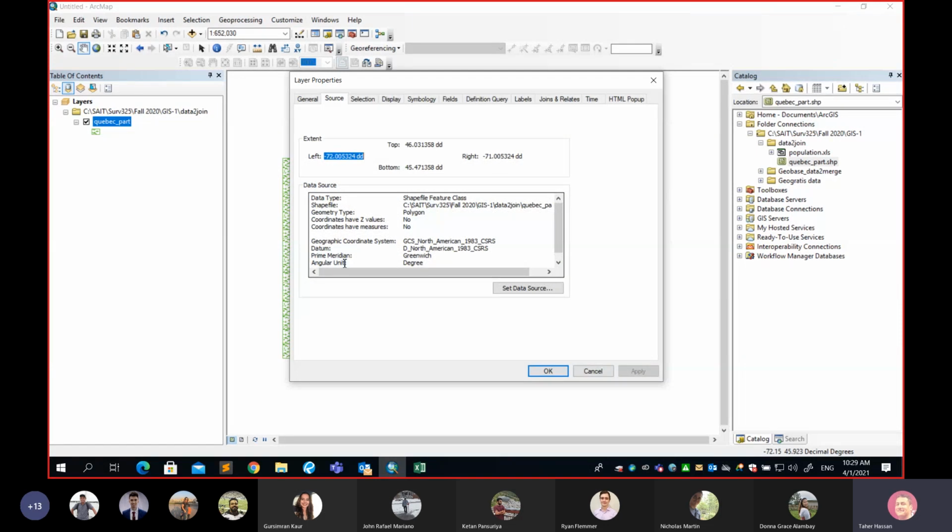Okay, now, so this is the properties of my shapefile, and there are so many tabs. If you count them, probably almost 10 tabs. And every tab, we have some sort of data and control. For example, right now, I have some information about the coordinate system, which you will learn with me in way more